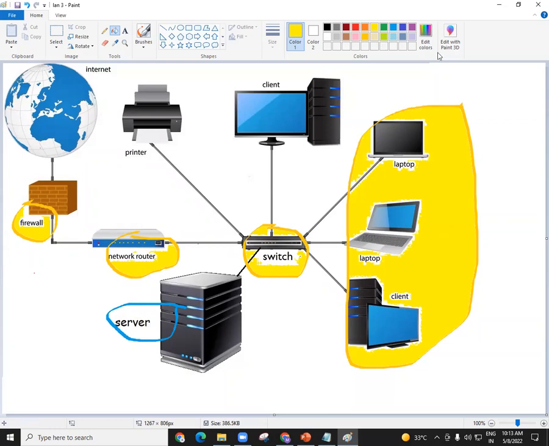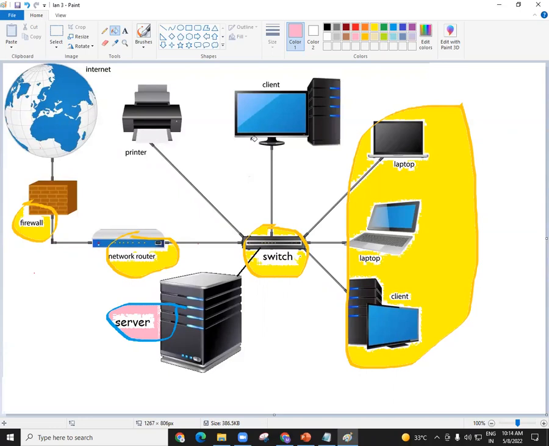Now, out of all these devices, the most important device that we have in a computer network is the server. Actually, the whole computer network is built around the server. Got it? Server is the most important device we have in a computer network. So what is this server? To understand cloud computing very well, we need to understand what exactly is this server. We keep on hearing every time that there is a server which is down, or there is a server which is very fast, or there is a problem in this server and all those things.